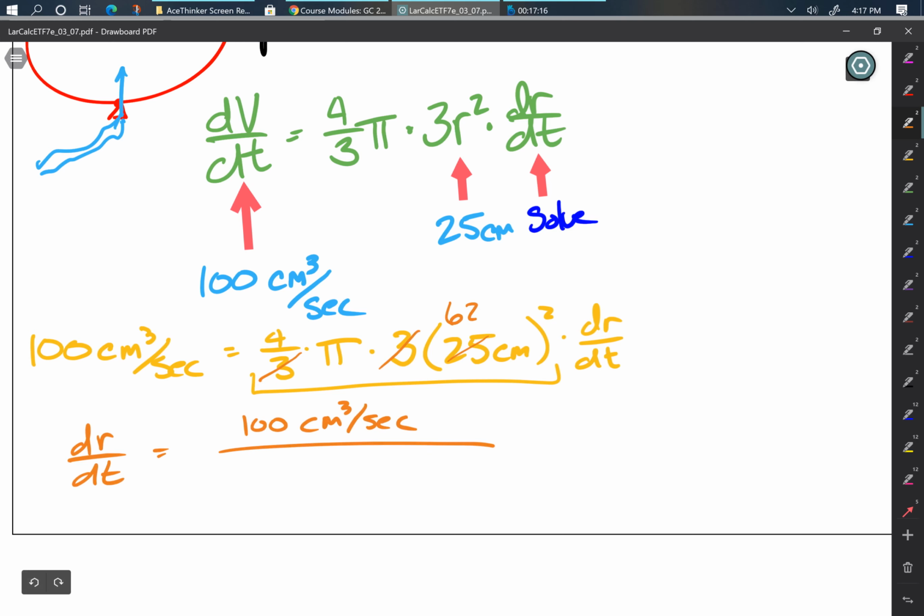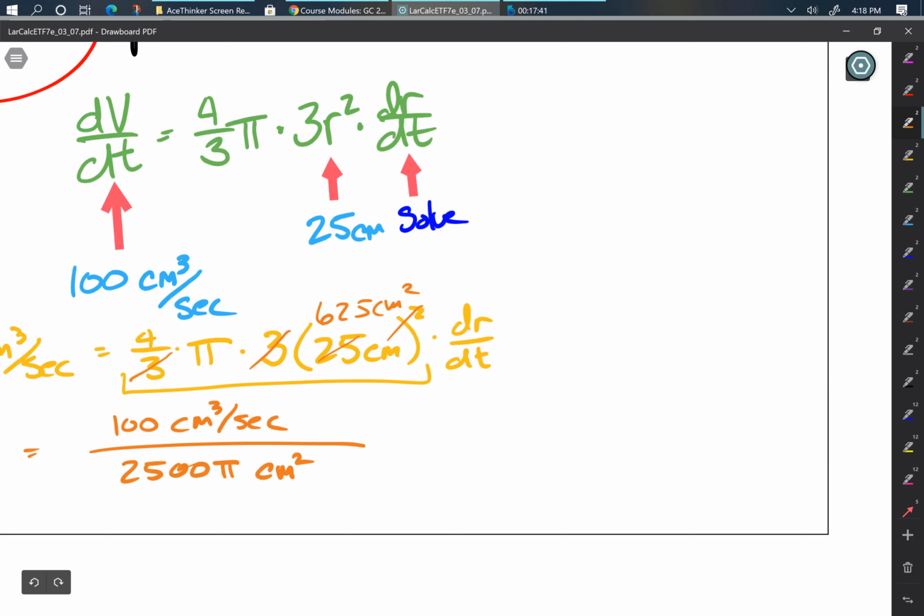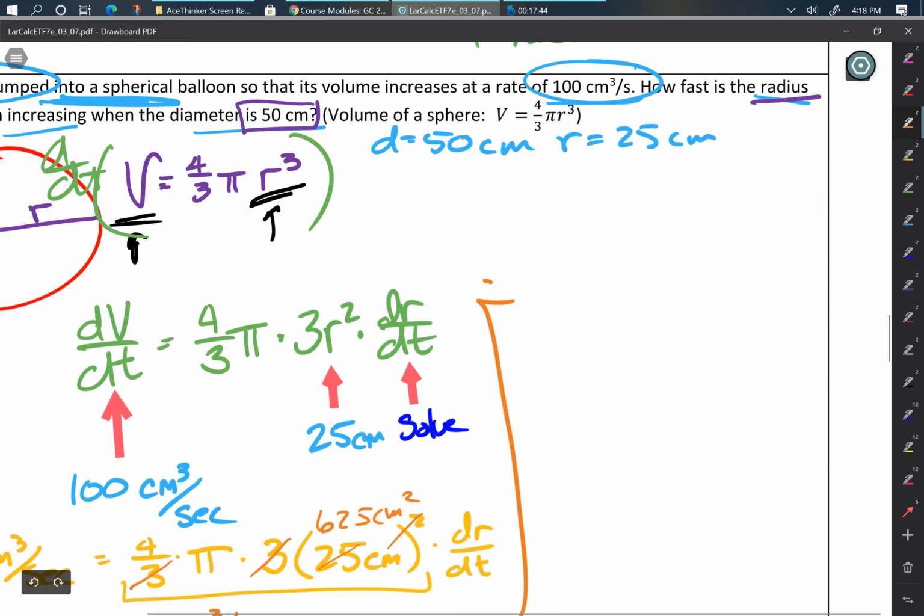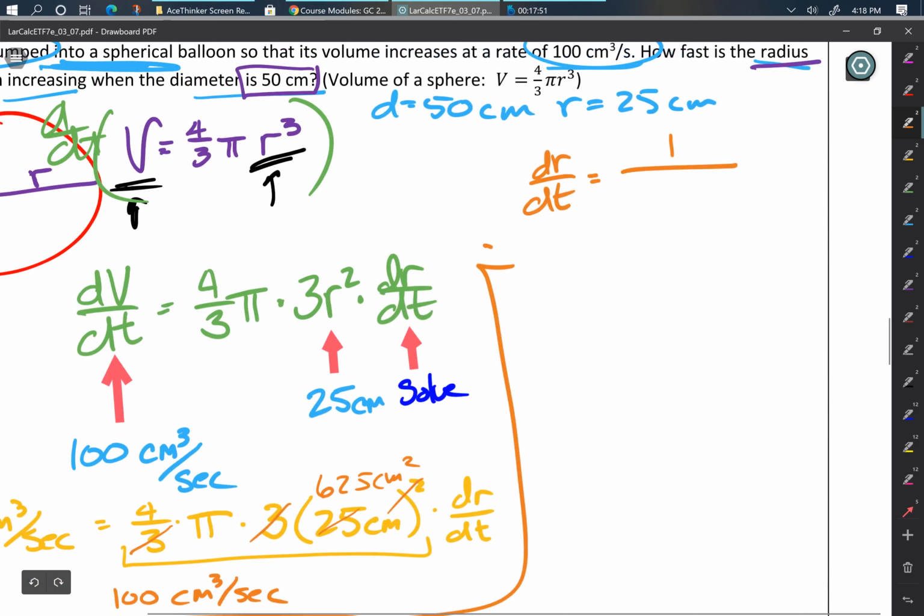25 squared is 625 centimeters squared. And then I got to do that times 4. Let's see, what's 4 times 625? Yes, I'm grabbing my calculator even for that. That's 2,500. So divided by 2,500 pi square centimeters. Right? Canceling units and simplifying, that gives me then that dr/dt is equal to 1 over 25 pi